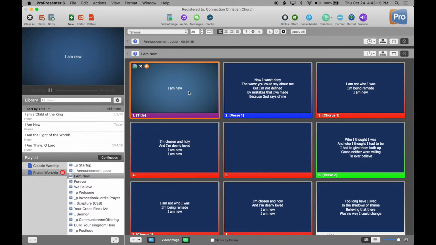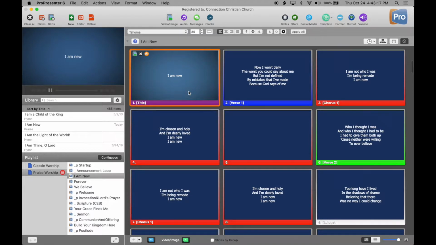Timing is important when moving forward. You are a worship leader, as I said, and that means you are out in front of the congregation. So when you are moving from slide to slide during a song, you move to the next worship slide prior to when the congregation needs to start singing that. Often that means that you move to the next slide when you're singing about the next to the last word